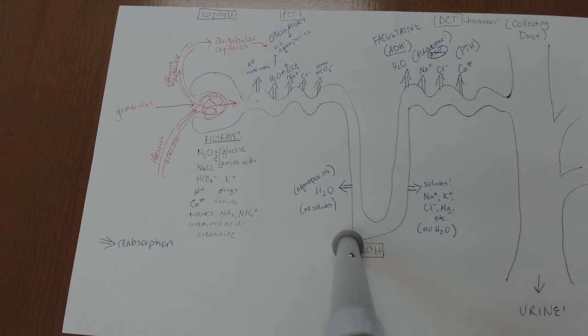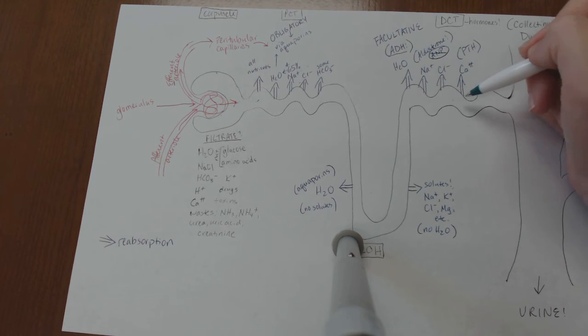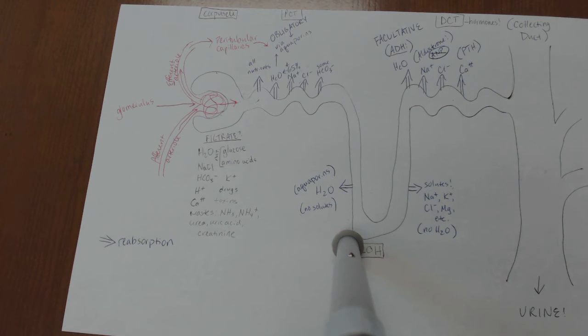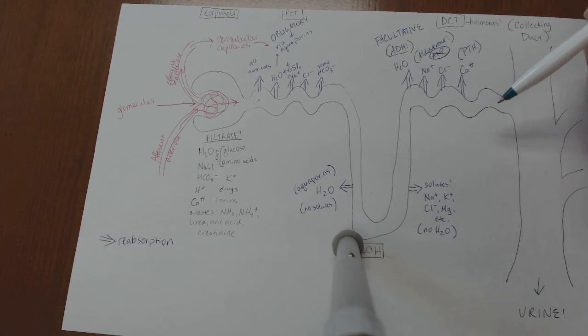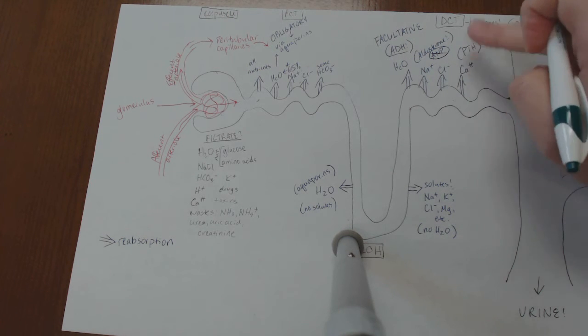PTH, secreted from the parathyroid, is going to target many places in the body, but one of them is here. It raises blood calcium levels by making sure that we don't urinate out the calcium that's been put in the filtrate in this tube, but rather put it in the blood. Okay, and so what you see happening at the DCT, I guess besides calcium, this is really the only place